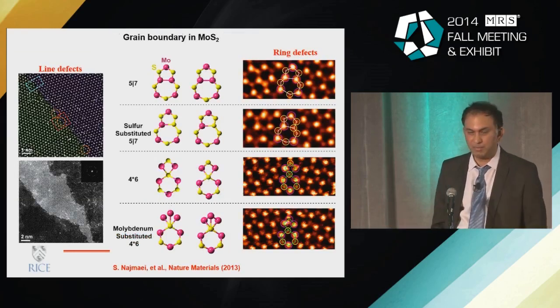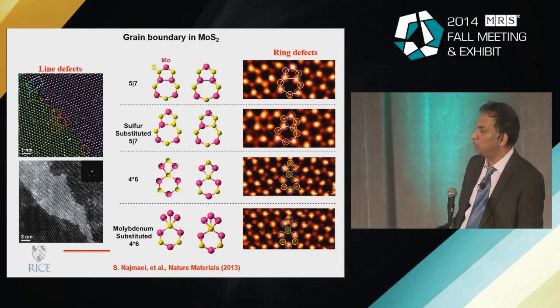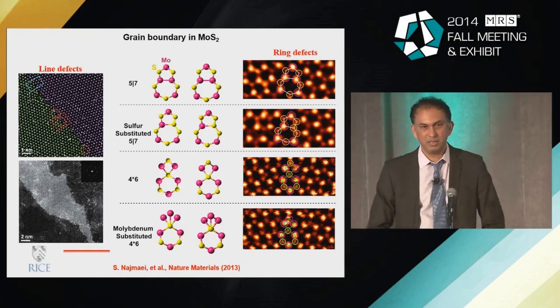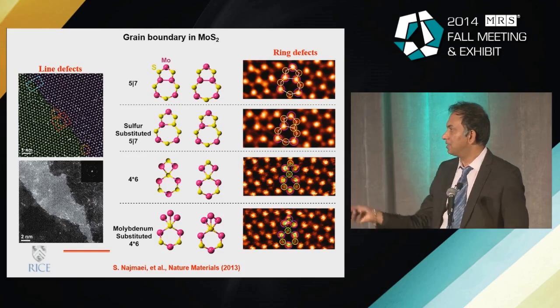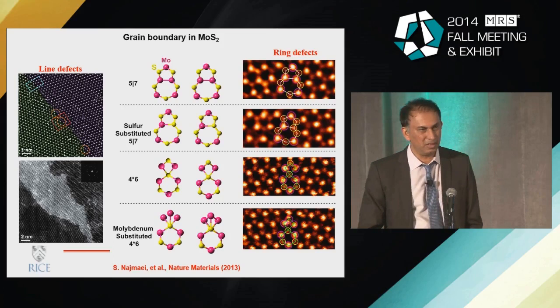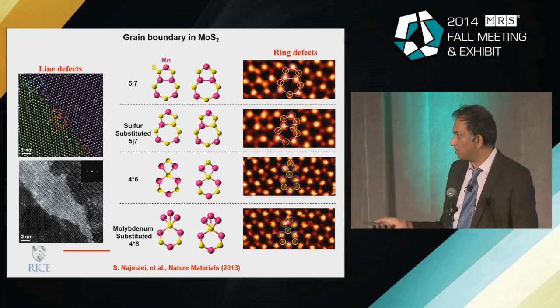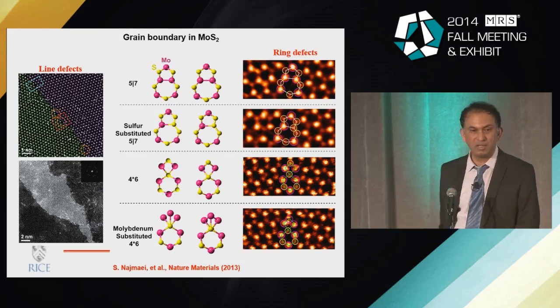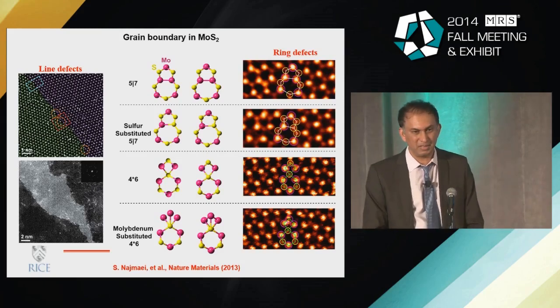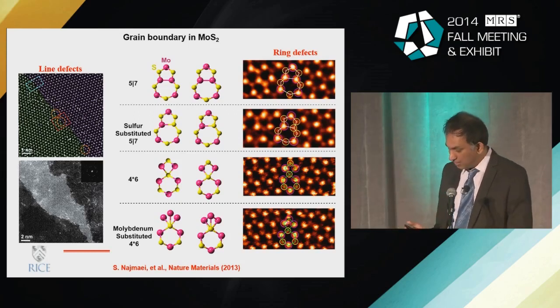This type of growth always produces grain boundaries, and grain boundaries are interesting in these two-dimensional materials, broadly speaking, because they are essentially topological defects that exist in many of these two-dimensional structures. Very curiously, the grain boundary structure looks strikingly similar to what one finds in graphene and other materials, all these 5-membered defects and 7-membered defects. So it's kind of interesting.